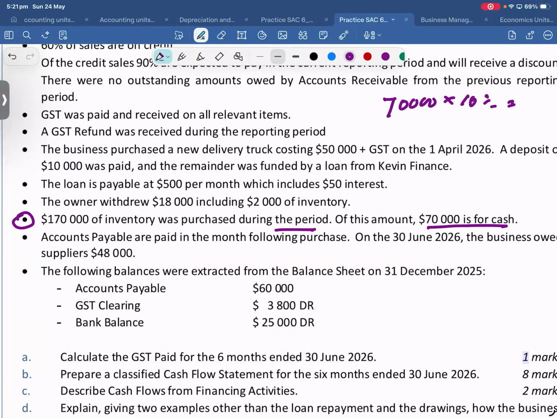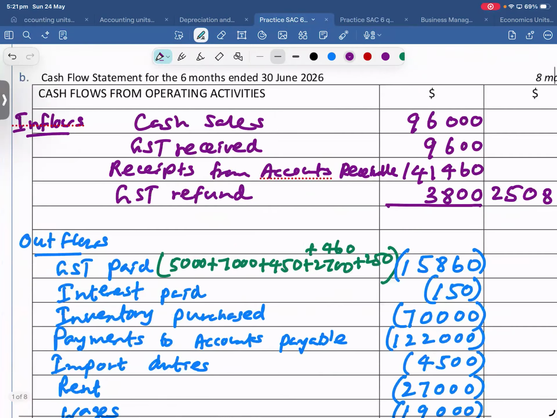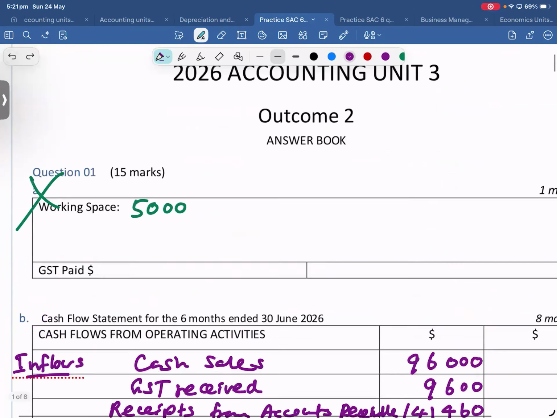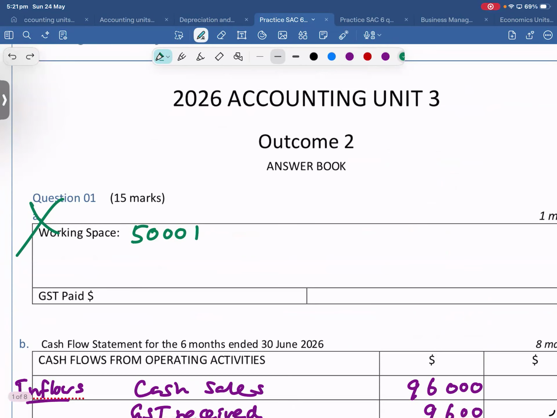Then you can go straight to record in operating inventory purchase 70,000, and I would put the 7,000 GST in. So now we see that it increases by